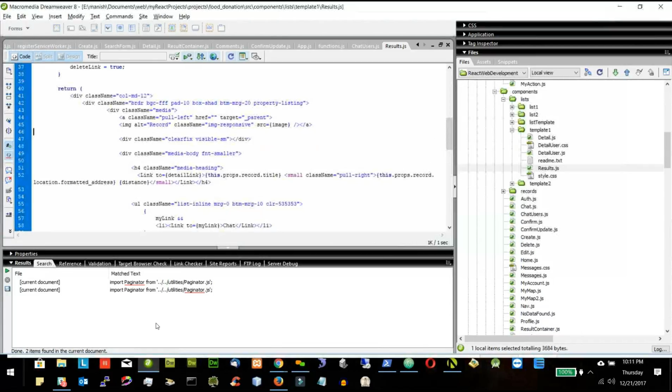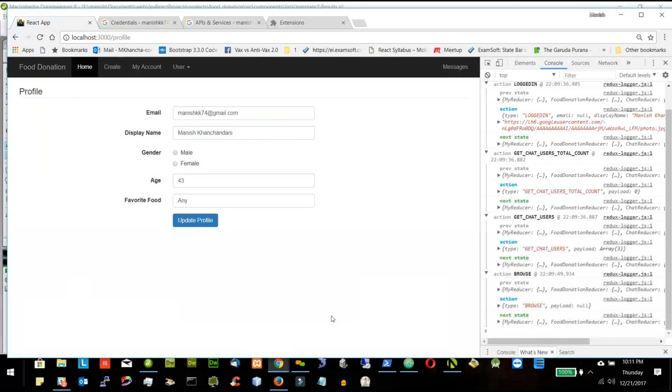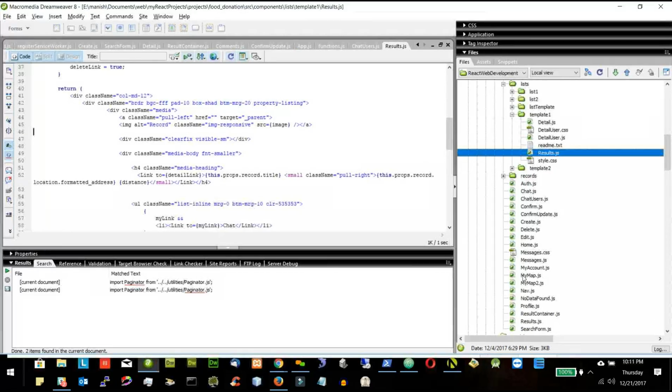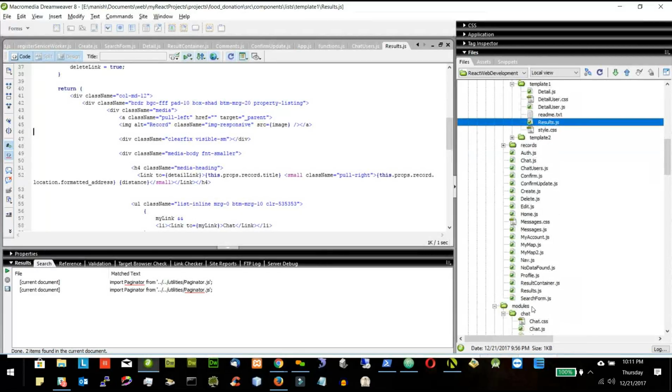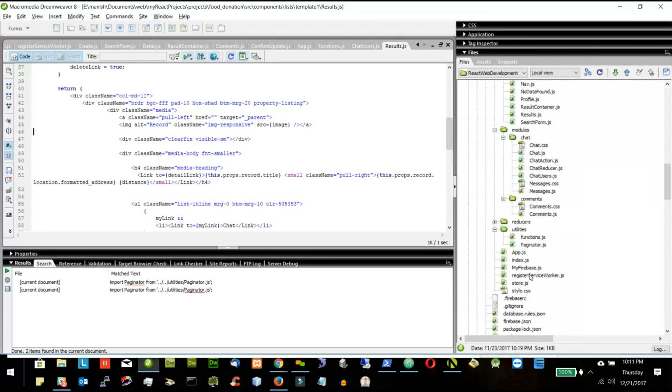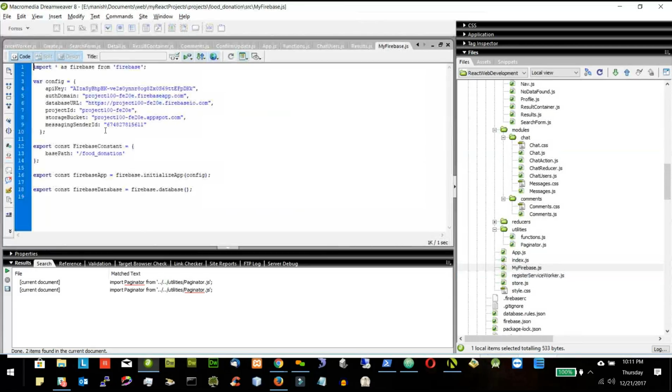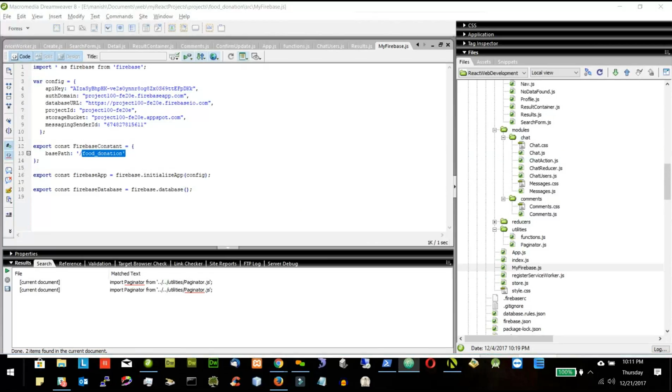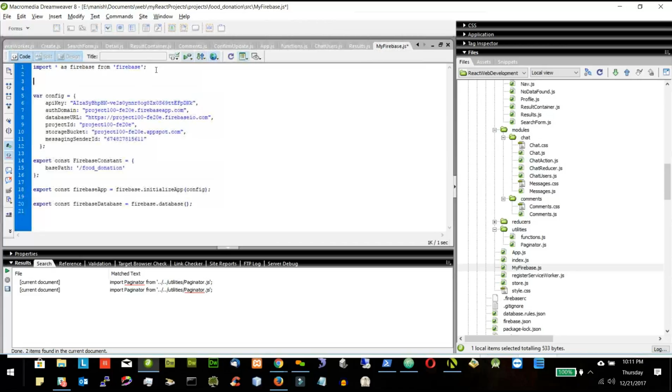Now one thing I will do, if you see, I'll open the myfirebase.js file. So let's open the myfirebase. We have this location called food donation. This is the location I want all folders and files to be saved as. Now what I will do, I will create one if condition,